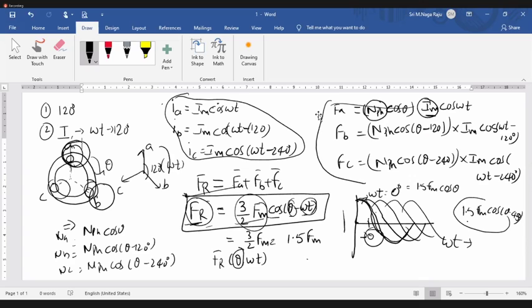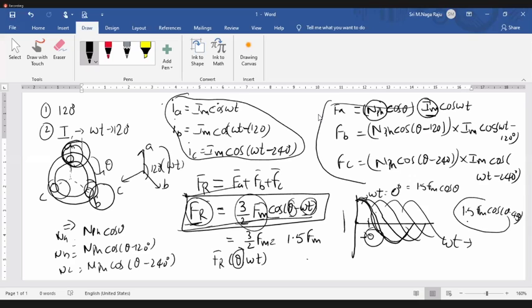Next, B phase is displaced by 120, so the B phase number of turns is N phase cos theta minus 120. C phase is theta minus 240. That should be multiplied with the three phase currents, which are time displaced by 120: I maximum cos omega t, cos omega t minus 120, cos omega t minus 240. Multiply those for each phase and add the three quantities FA, FB, and FC. We will get the resultant flux in the air gap. This is the expression. We have seen this varies with respect to omega t and in space. So this is called a rotating magnetic field.